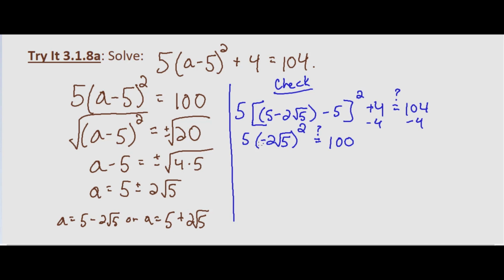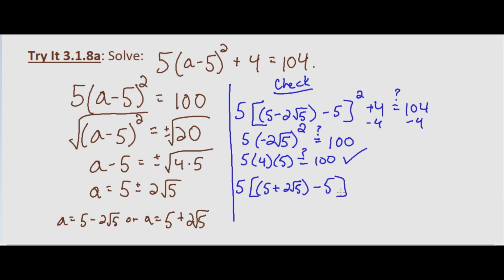So negative 2 squared is 4. 5 times 4 times the square root of 5 squared, which is 5. Does that equal 100? 5 times 5 is 25, times 4 is 100, so this solution checks. And in this instance, we'll see 5 times, if we use the other solution, 5 plus 2 times the square root of 5